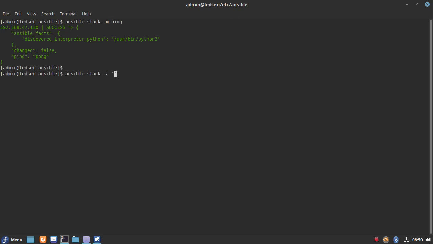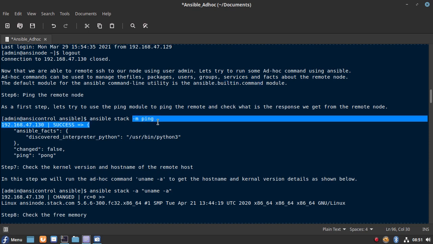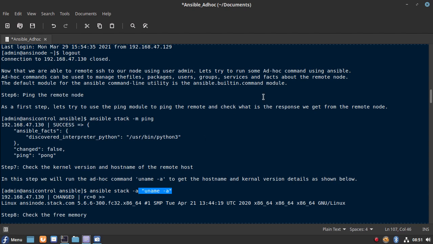Here I'll show you, I'm using the -a option. These are arguments which we are going to pass to the built-in command module. That's why we are not passing any -m to load any module. We are passing the arguments directly to run in the built-in command module.